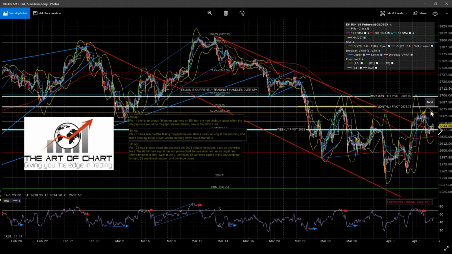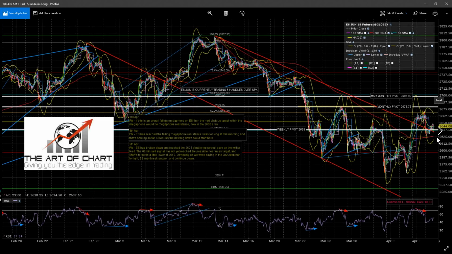What I'd really like to see today, if we can, is a retest of yesterday's high, marginal higher high. That sets up a nice little double bottom here, and we can go down. And we're likely then to take out the previous low. I'm obviously a little concerned about the news impact this morning, but we've had a nice rally off the lows overnight. We're back at 2638, so we're fighting our way over the weekly pivot at the moment. That's what I would like to see. It's not necessarily what we're going to see.